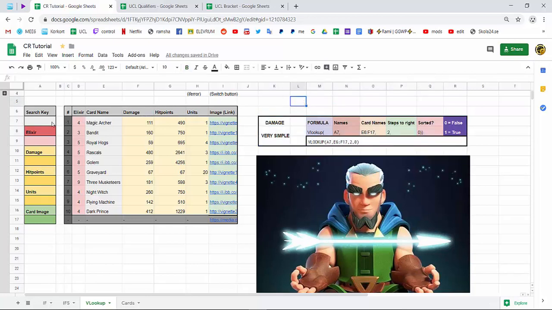So, first things first, we need to understand the search key. The search key is the reference point where all of these, not all, but this will take its information from. It's going to be from here, right? A7, easy. So, what I like to do, you can write the name Magic Archer every time, I guess, like this. It will work every time, but it's not so practical because if you would write